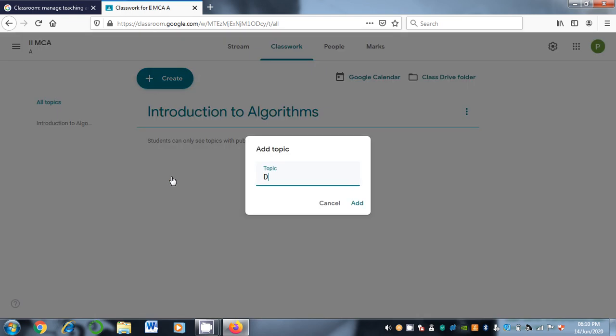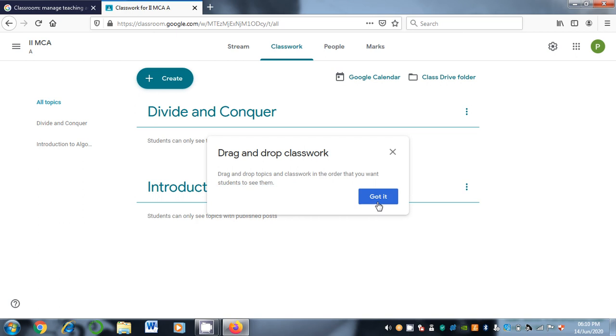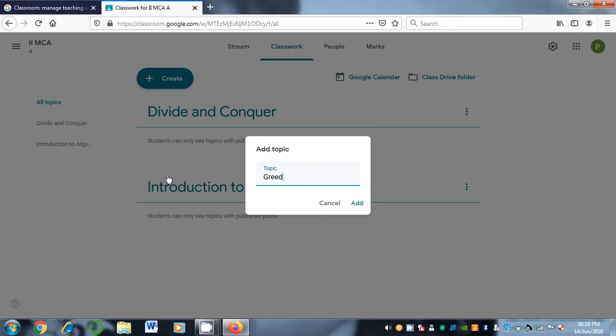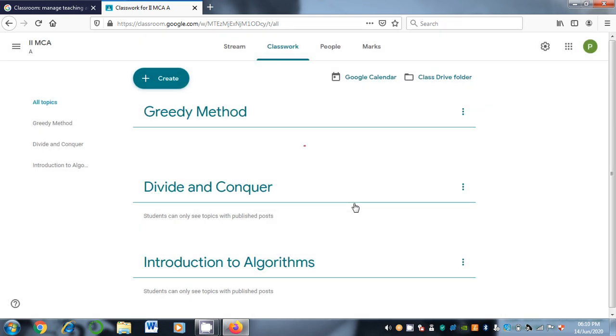For example, the second chapter is divide and conquer, and click on add. And next, create one more topic, greedy method, and click on add.